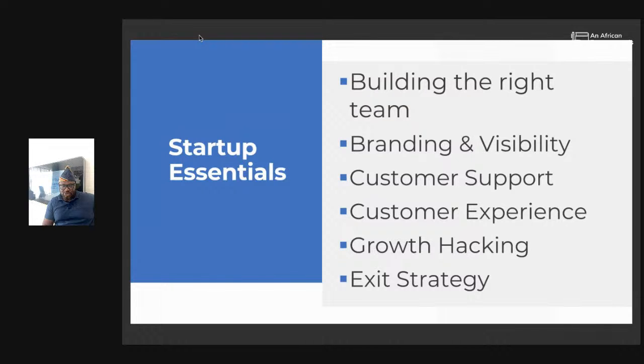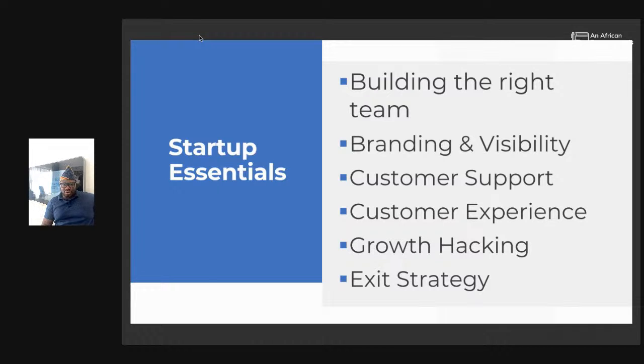Finally, but not least, is the exit strategy. In every business, you need to understand what your exit strategy is. Do you intend to be acquired? Do you want to go public? The essence of this is that as a businessman, as a startup, you need to have at the back of your mind that you want to grow so big that you need other people to join you, not only investors, maybe the public, or maybe you want a bigger company with a bigger structure to take over. So you need to have your plan in place. What exactly is your plan?